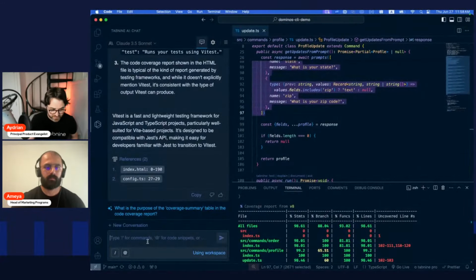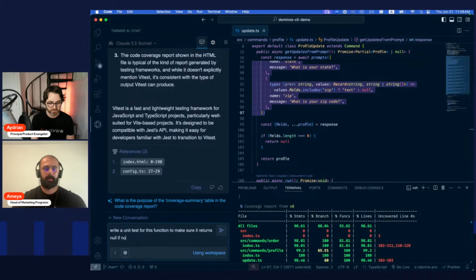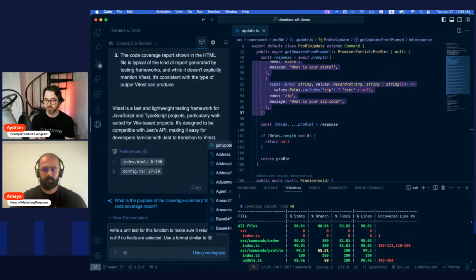And I'm going to say, write a unit test for this function to make sure it returns null if no fields are selected. Use a format similar to, and this is where we can use mentions.